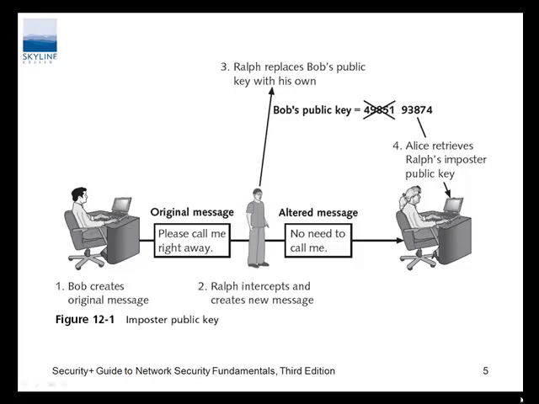In the original message, please call me right away. Man in the middle attack here. Ralph replaces Bob's public key with his own. When it gets here with the new message, no need to call me, Alice retrieves Ralph's imposter public key, but she should be able to know that it's an imposter key if the process works the way that it is,